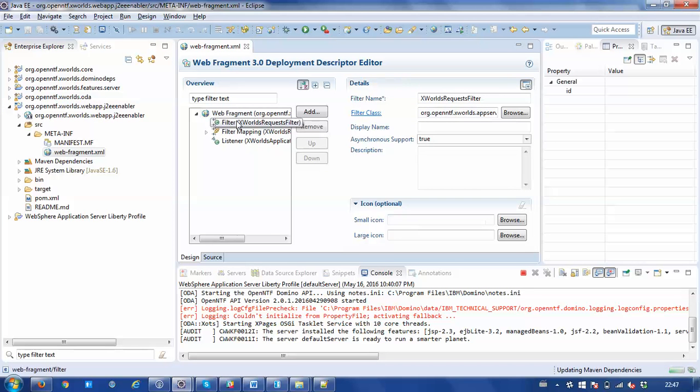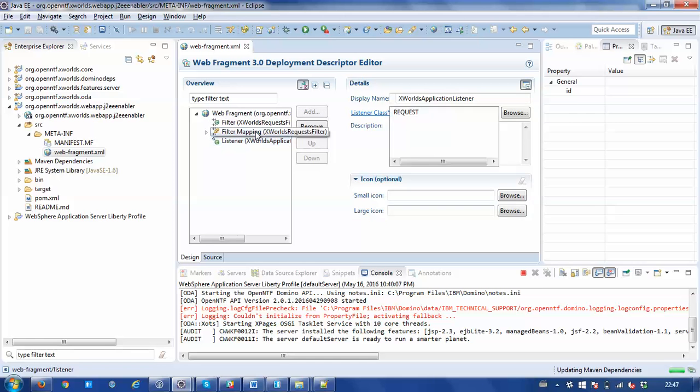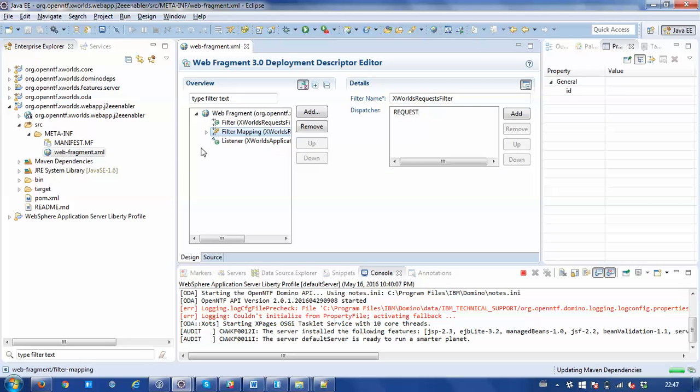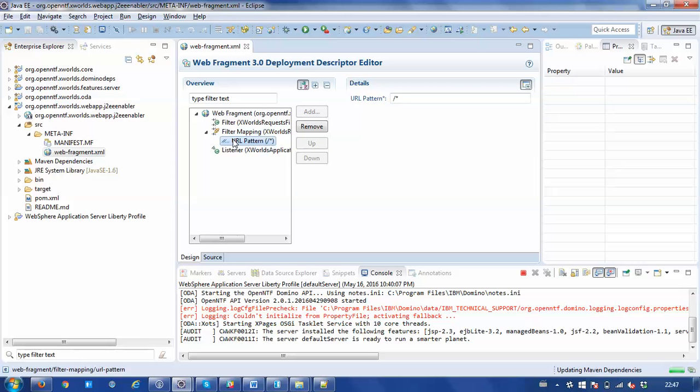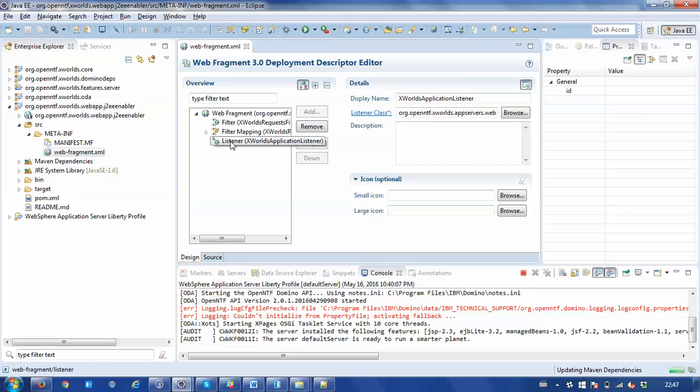So it's adding in a filter so that for particular CrossWorld specific requests, it goes through this filter class. It's got a filter mapping so that basically everything goes through that filter, and it's got an application listener which basically adds that application to the OpenNTF Domino API